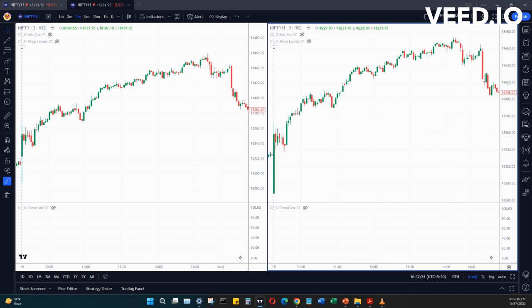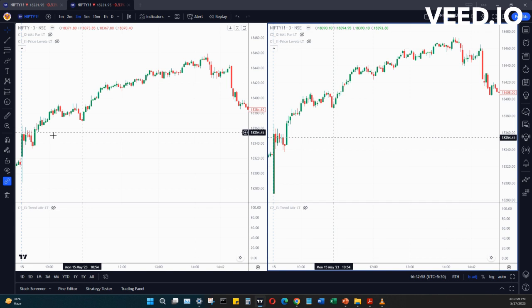Great. You're looking at the two-view chart in the TradingView platform. We have the Nifty spot chart on the left and the Nifty futures chart on the right, and both these charts are set to a 3-minute time frame. Before I bring the three custom indicators on, which is why I call this strategy the Triple Threat Intraday Strategy, let's look at the naked charts and understand the kind of price action that it exhibited on